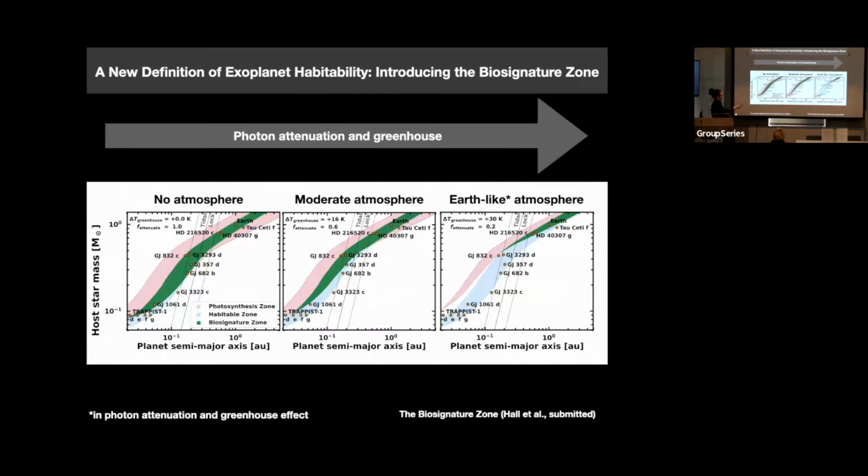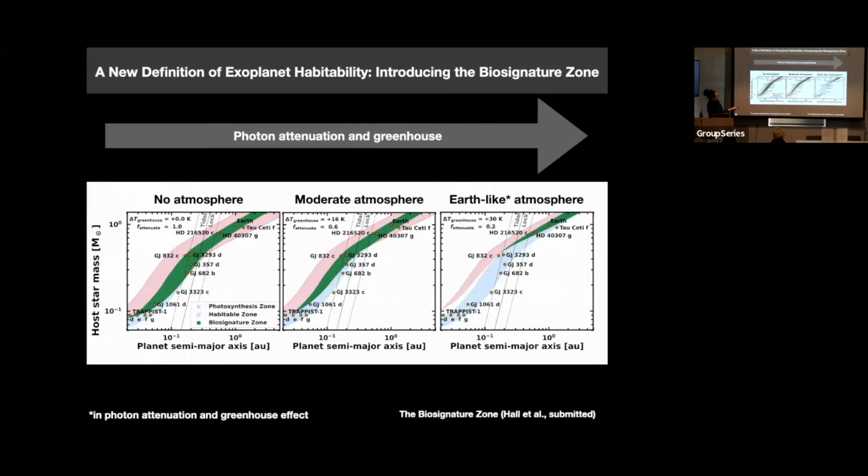Bad news for things around lower mass planets. Around here, it's a bit less likely. Moderate atmosphere, maybe leaning towards something like Mars, although its greenhouse is much higher than on Mars. And say, maybe not so much attenuation, significantly more attenuation. What do you have? Well, your habitable zone starts to become much more narrow. Okay, becomes much more like a sliver.